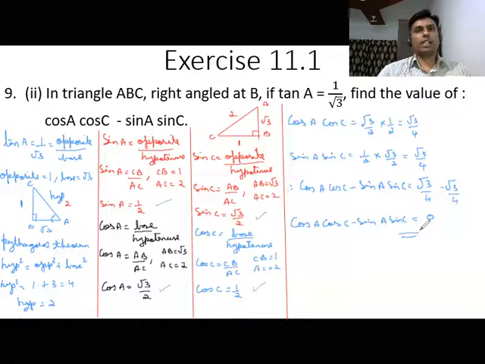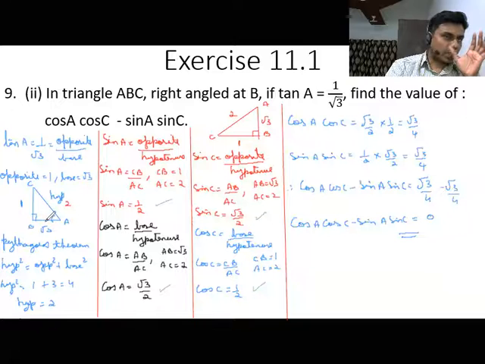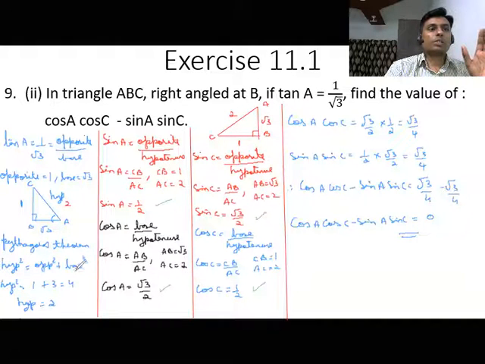So first we start with tan. Tan A is equal to 1 by root 3. Tan is opposite by base. So if opposite is 1, base is root 3. Draw the right angle triangle for trigonometry. Use Pythagoras theorem. Hypotenuse square is equal to opposite square plus base square. So hypotenuse square is equal to 1 plus base root 3 the square, it will become 3. 1 plus 3, 4. Hypotenuse is 2. So sine is opposite by hypotenuse. Sine A is equal to CB by AC. CB is 1, AC is 2. So sine A is 1 by 2. Cos is base by hypotenuse, root 3 by 2.